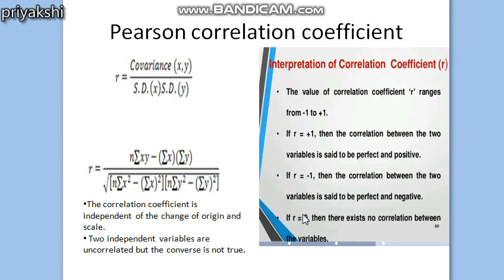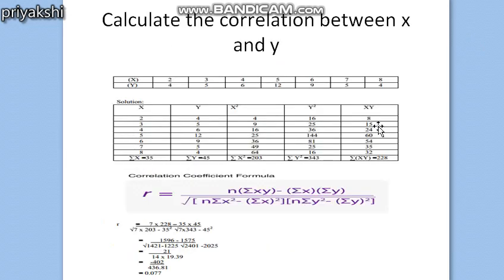Next, the correlation coefficient describes not only the magnitude of the correlation but also the direction. How? Suppose you get the value of the correlation to be positive 0.8. It indicates that the correlation is positive because the sign of r is positive, and the degree of correlation is high because the numerical value 0.8 is closer to 1. In the next slide, we will see how to find the correlation between two variables using an example, which is very simple. You can see from the example how to calculate the correlation between two variables.